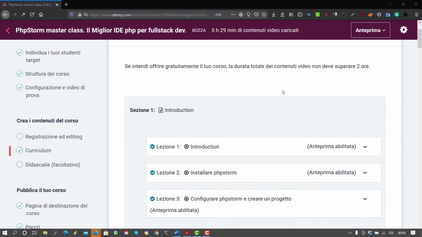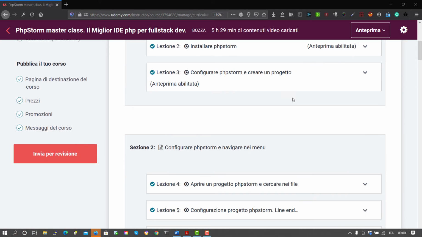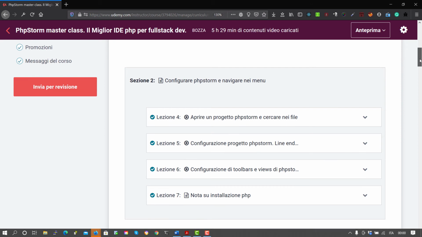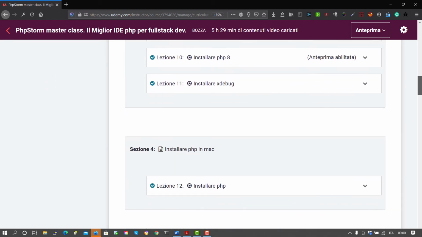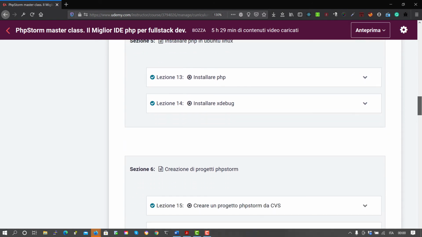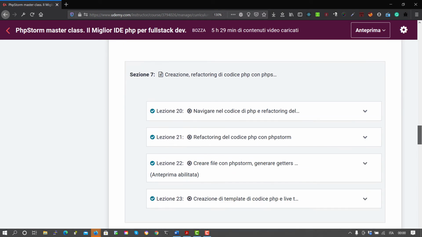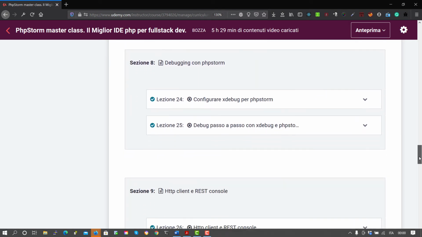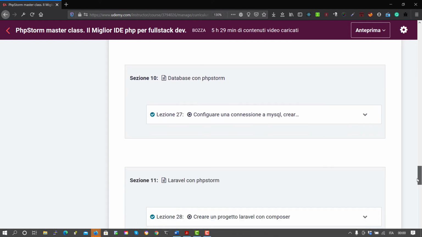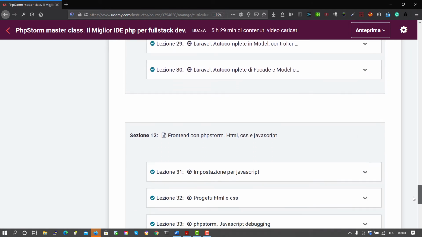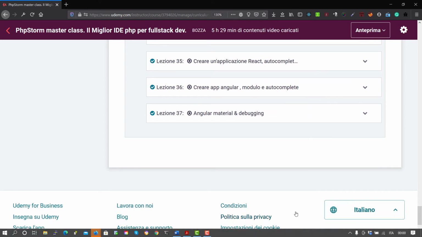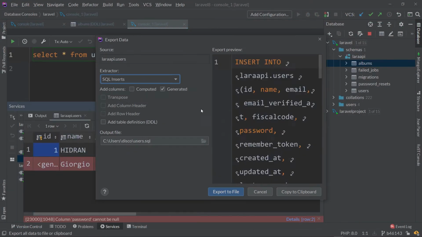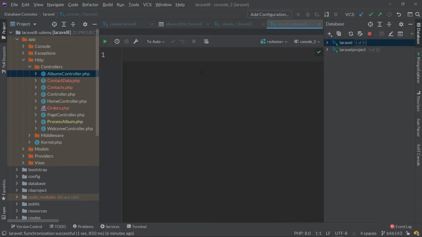We'll see how to install PhpStorm, how to configure it, every part of PhpStorm, both for back-end and front-end development, how to navigate the interface with all the shortcuts to accelerate the development times, how to navigate the code, and how to do refactoring, how to create live templates to use in our projects, how to do debugging with Xdebug, and also how to do debugging with JavaScript,